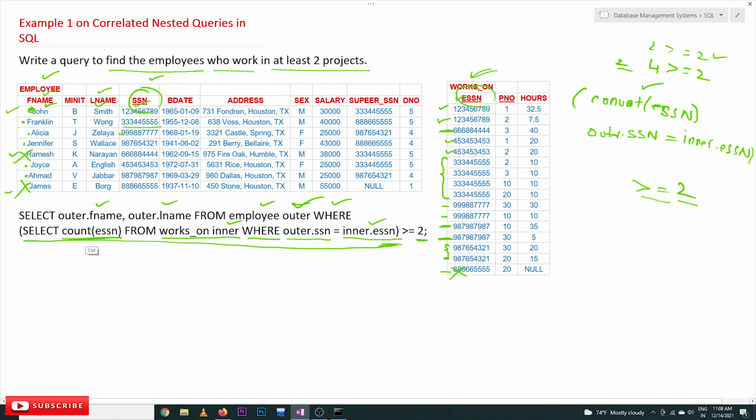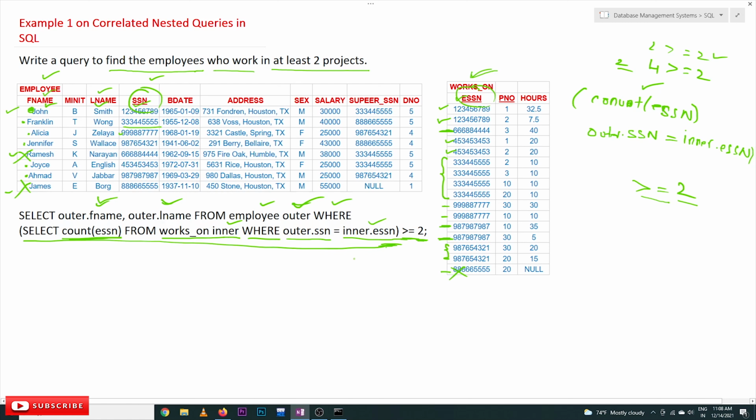After evaluating all these values, we are going to find the count. So if that count is greater than or equal to 2, then the values of F name and L name of that particular employee have to be considered.